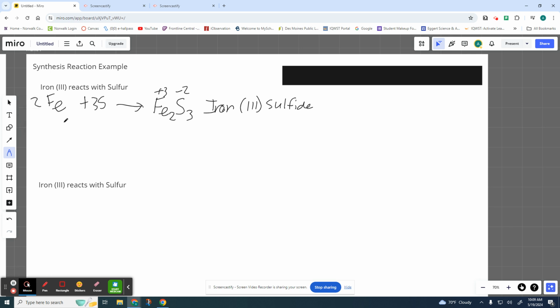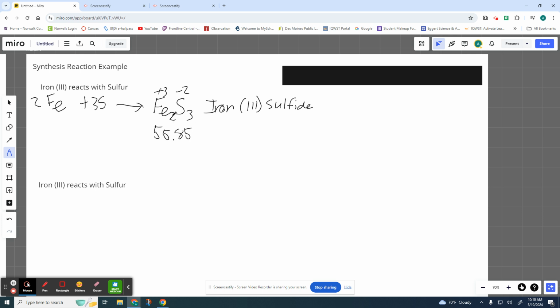Also make sure if the directions or the test ask you to add up all the masses for the elements and the compounds, make sure you do that and leave the coefficients out of it. But over here for the iron 3 sulfide, you would want to include the subscripts in your multiplication. So just for example, you would want to find on the periodic table the mass for a package of iron, which is approximately